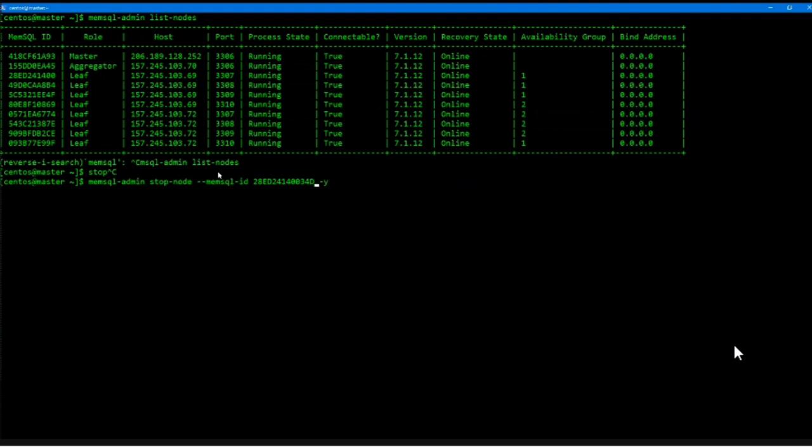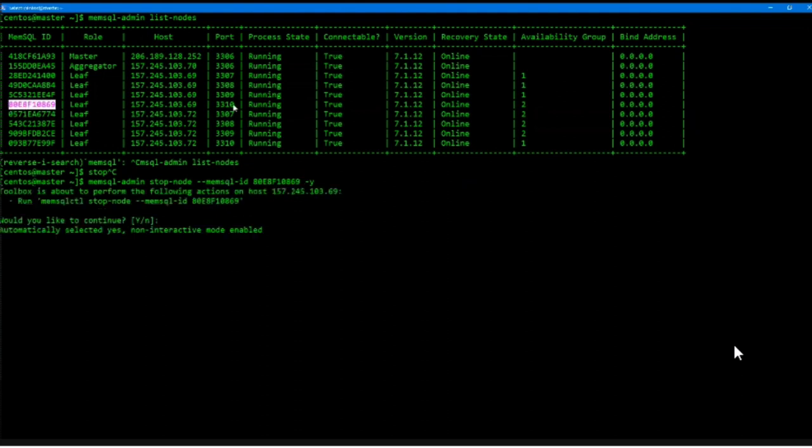So let me use the ID that I just copied, and this is this node. The address is this and 3310. Okay. So currently I'm stopping the node. Once it's stopped, I'll go back to my script and I'll test the port for this again. Yeah, so it's stopped now. So I exit,